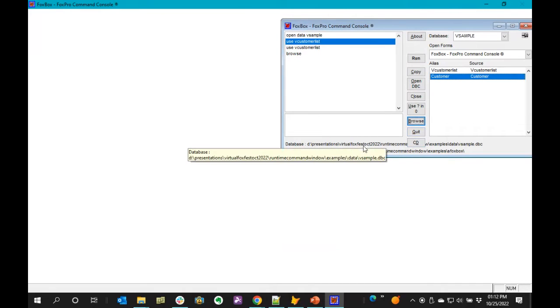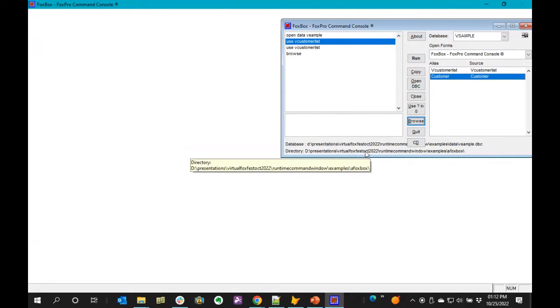The nice thing is it shows you things like what your current database is, what your current folder is, and gives you little hints so that you know where you are. It also has where you can select the databases that you may have open. When you're running inside of an application, you also have data sessions or open forms. It's just different data sessions, so you can select whatever data session you want to dig into, and then it'll refresh the list of open cursors that you have